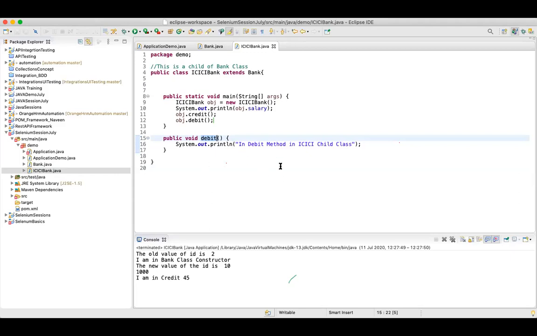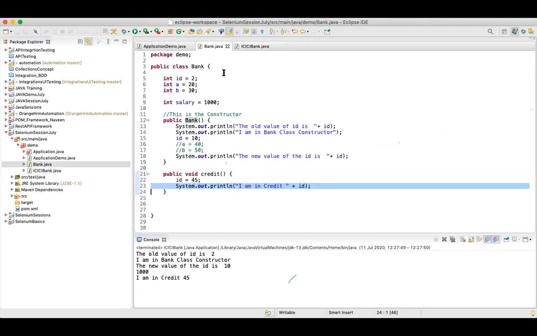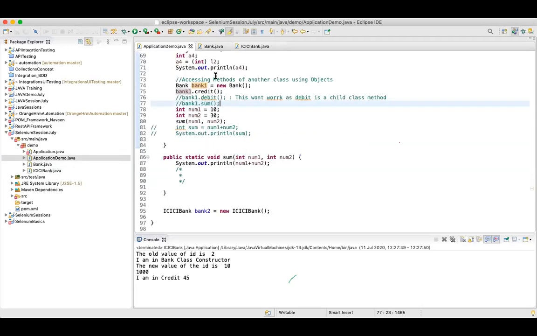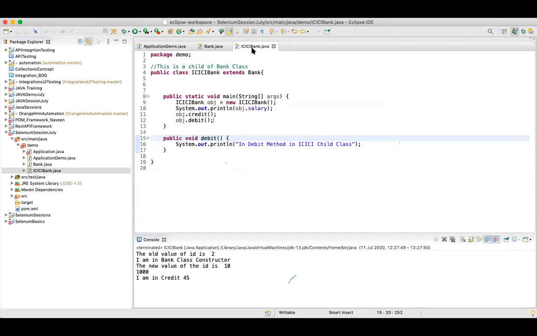Which class? Bank class? No, the bank class cannot use the debit method, right? We just saw over here. When we are creating an object of new bank, within bank, I cannot use this method. Yes, that is one correct answer. ICICI can use.